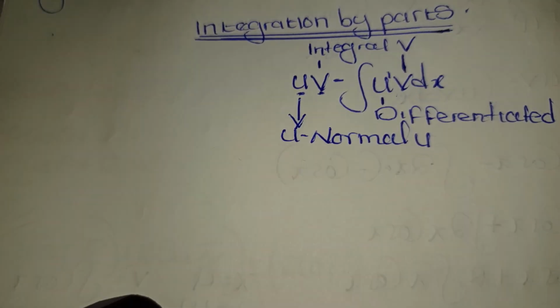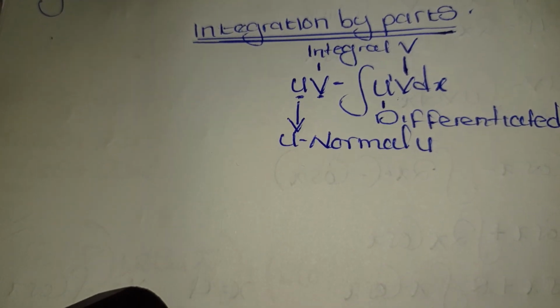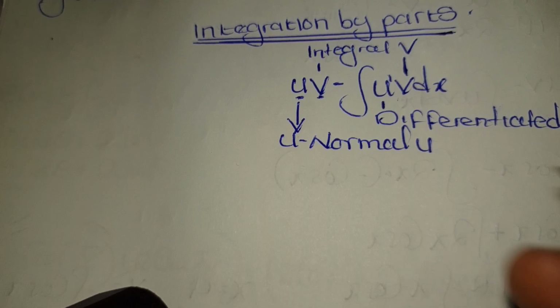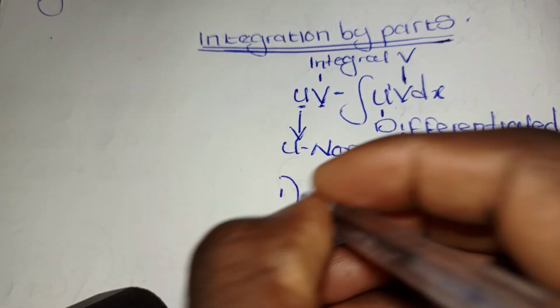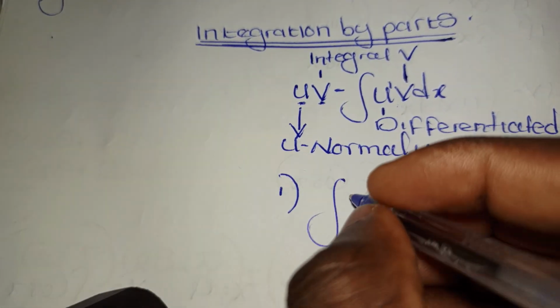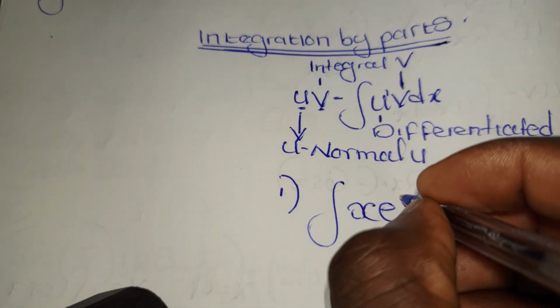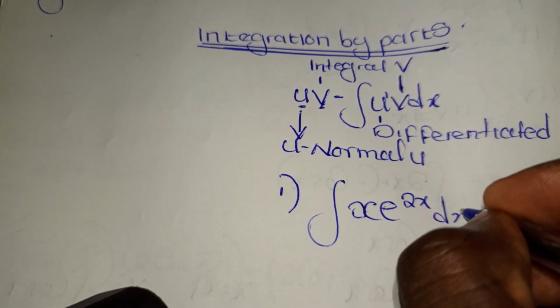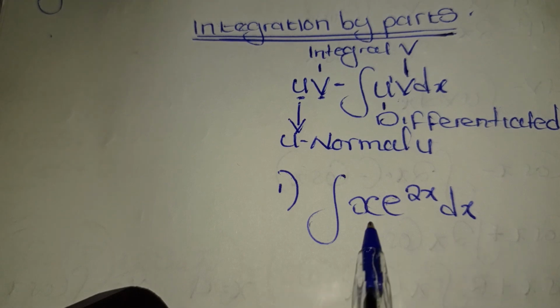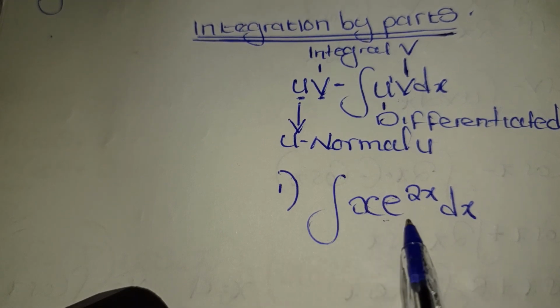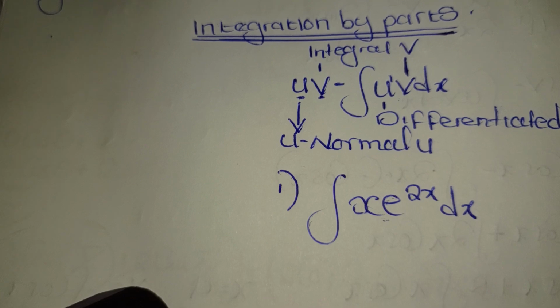So when we are dealing with integration by parts, remember I have said I have one example with me. This is the example where we are going to integrate by parts, x e to the 2x dx. When you see such an integral, you might say this is simply the product rule, but with integration, it is something that is very different. So what we do here is